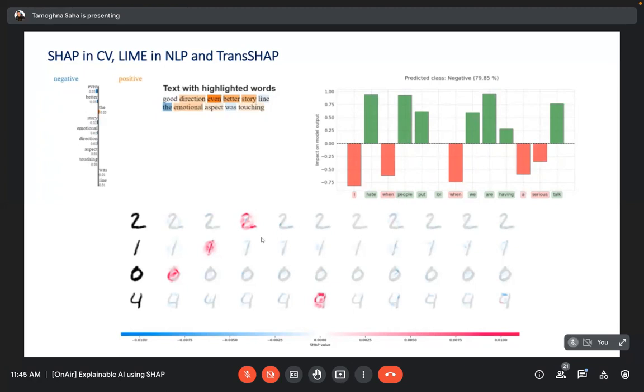And similarly, in computer vision, we can see that we have 2, 1, 0, 4 as the ground truth images. For the various kernels or kernel maps that we have, which particular kernel map is responsible for providing the most information to mark the prediction as 2 or 4? We had those ten digits, 0, 1, 2, 3, 4, 5, 6, 7, 8, 9, present with us.